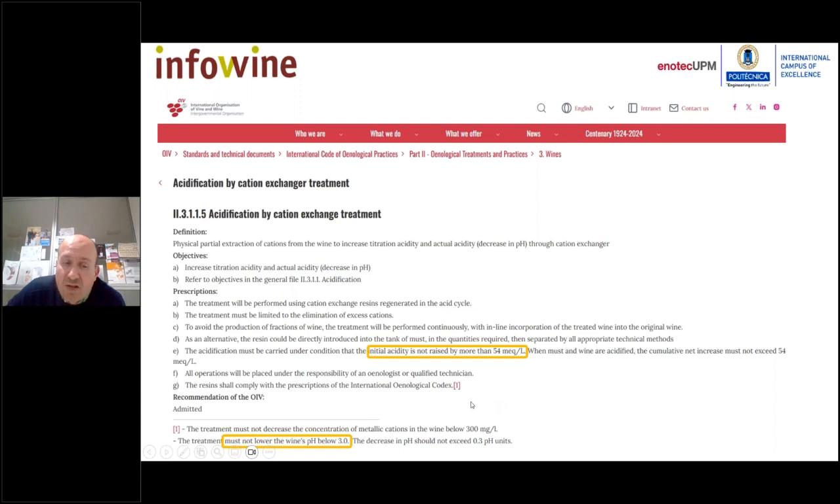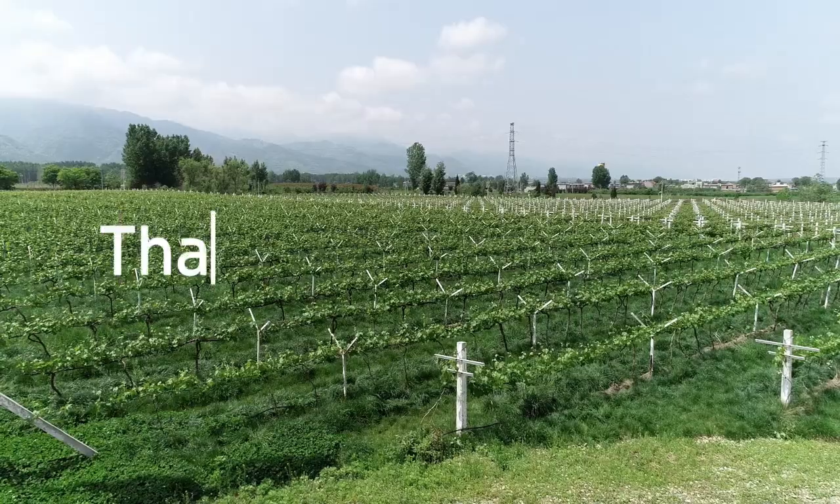However, we should not reach pH levels lower than 3, and many winemakers use this technology not on the full wine. They apply the cation exchanger just to a small fraction, and at the end blend the treated fraction with the initial wine to affect the sensory quality less. The main problem is that